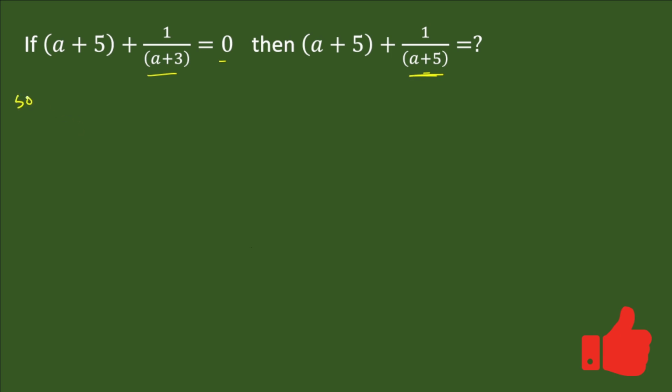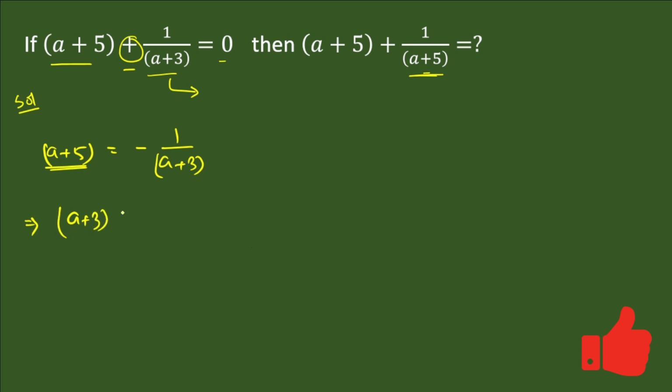Now the solution of this problem. First of all, we'll take this 1 over a plus 3 to the right hand side. So its sign will be changed, it will be negative. So now in the left hand side we have a plus 5, and that is equal to negative 1 over a plus 3, right? And now we'll cross multiply and we'll write this term in the denominator. Now look here. If we cross multiply, this will go up, so it is a plus 3, right? And we'll write negative 1 divided by, we'll take this term in the denominator, so it is